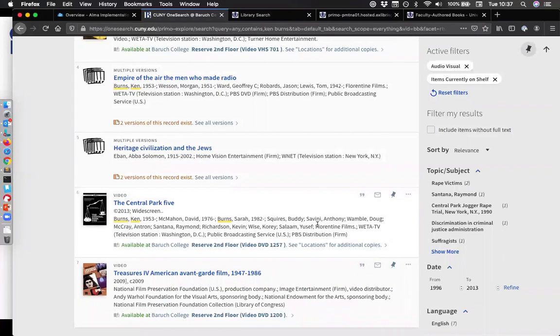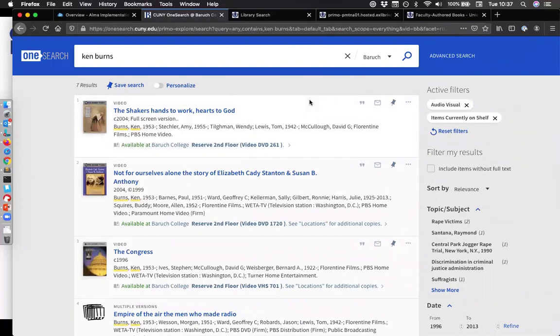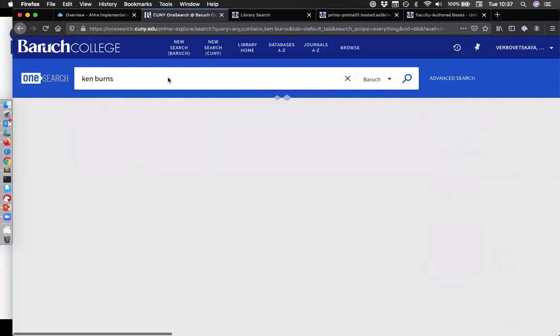This is something that has come up frequently since we've gone live with Primo. So it is something we will continue to work on. If there is a way that we can make the audio-visual filter better so that we can limit it to just specific media results, we will try to do that. But at the moment, this is the best way to do it: search for your key term, apply the audio-visual filter, and then you can do items currently on shelf, or you can do that